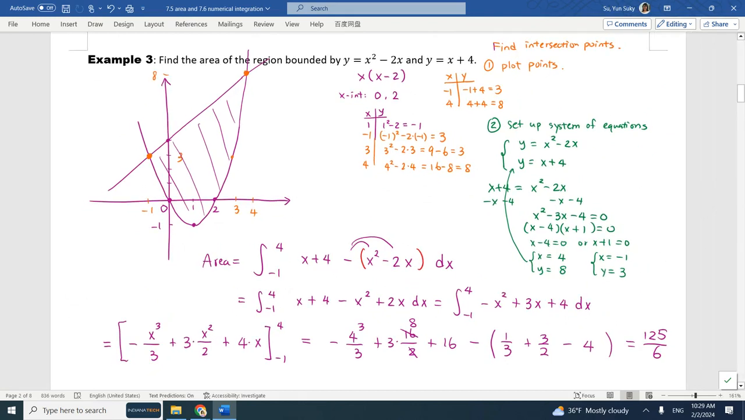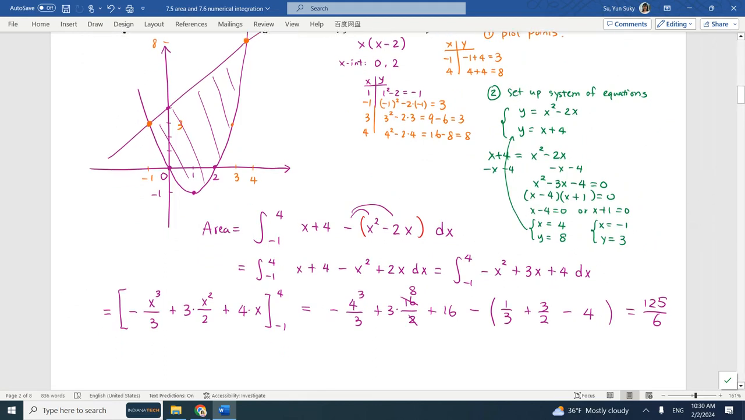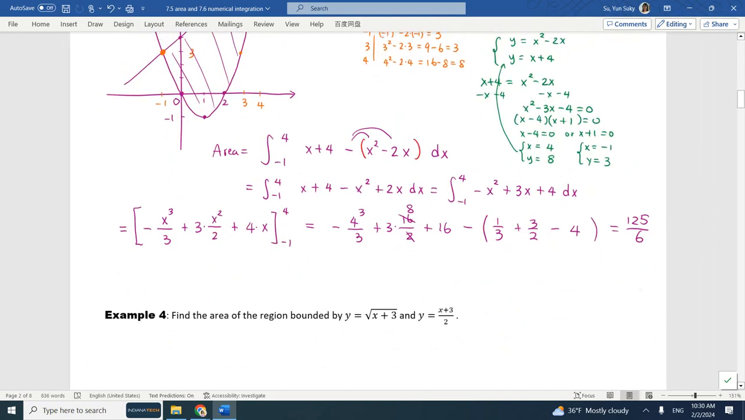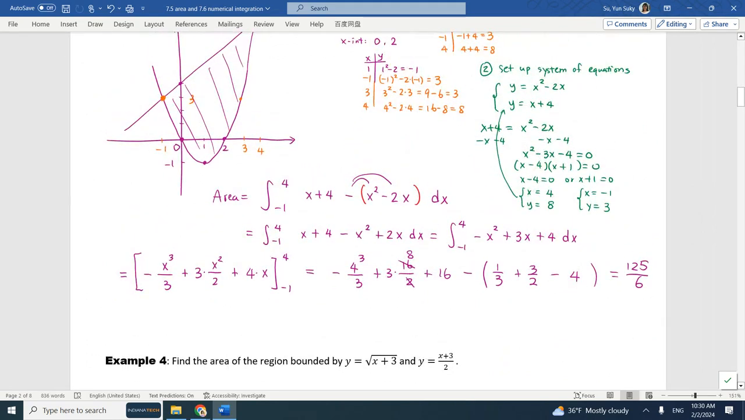It does not tell us the intersection points, so we need to find the intersection point. I taught you 2 methods to find the intersection point: either keep plotting in the points until you find it, or set up the system of equations. Okay, let's continue. Example 4. Find the area bounded by y equals square root of x plus 3 and y equals